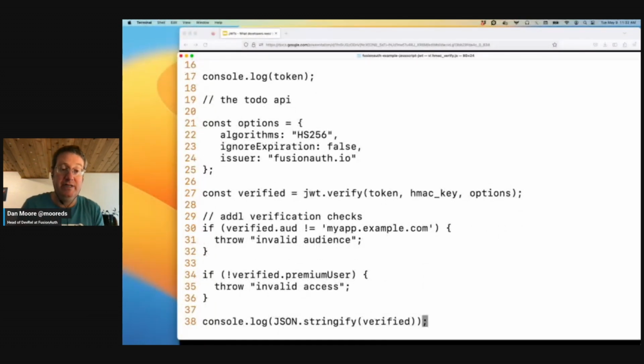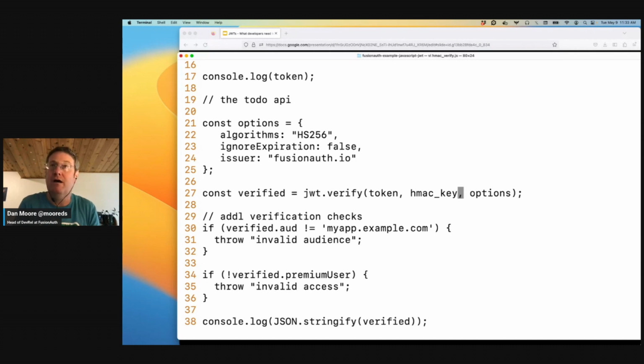The first thing we do is this particular library lets me check the expiration time and the issuer, and that's what I'm doing on line 21. I'm basically just setting up the library. On line 27, I'm having it verify the signature, and it will also do that additional verification around expiration time and issuer. Then lines 29 through 34 are my business logic. I'm checking the audience claim, and I'm checking that there's a premium user value. I'm going to throw exceptions if that's not the case. In the real world, you'd want to send a 401 or some other more sanitized version of the problem, but this is demo code. And then on line 38, I am going to print out